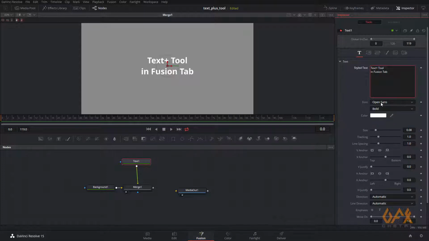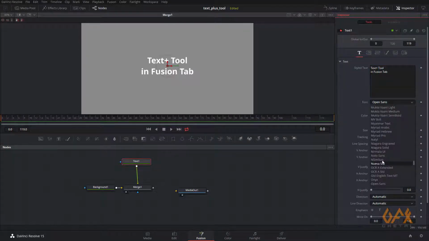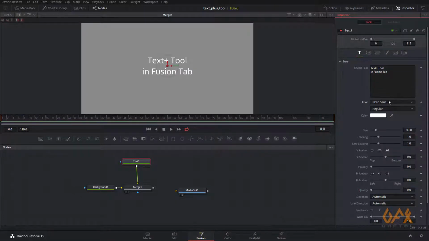For example, font face, so you can change the face of your font, or you can click over here with your mouse cursor and use the up arrow key and down arrow key to change the font face.